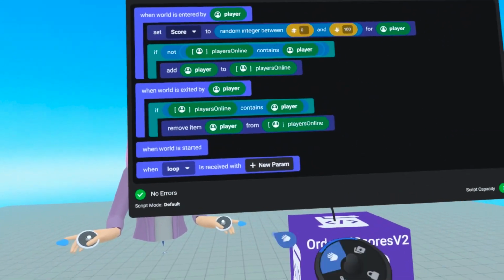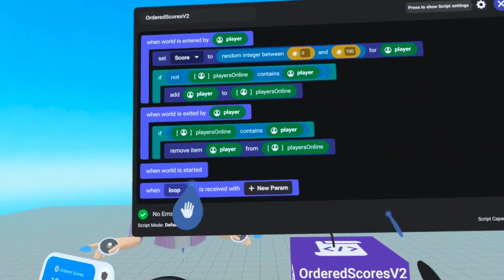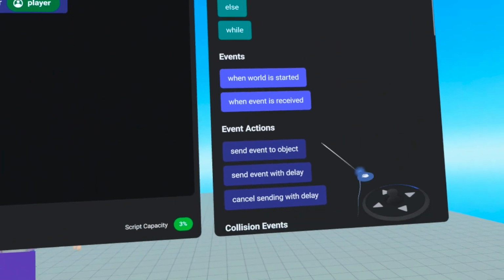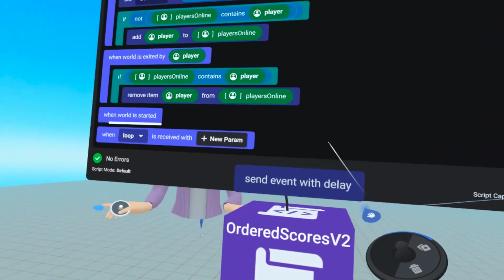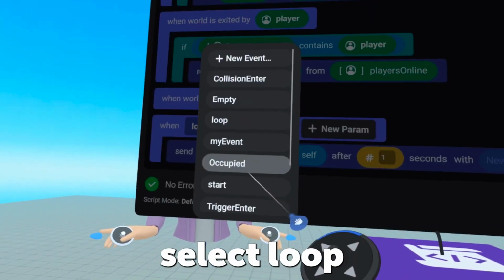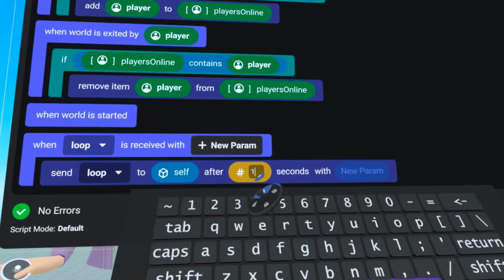Now we need to cause this loop to actually loop. Right now, they're just things that could happen, but there's not actually a thing happening. So we'll go over here to send event with delay. We'll drag that into loop, select loop from the drop down, and the delay on this is going to be